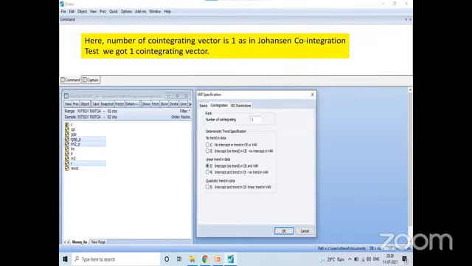Is it clear? Say yes or no. Done? Yes. Now click OK.